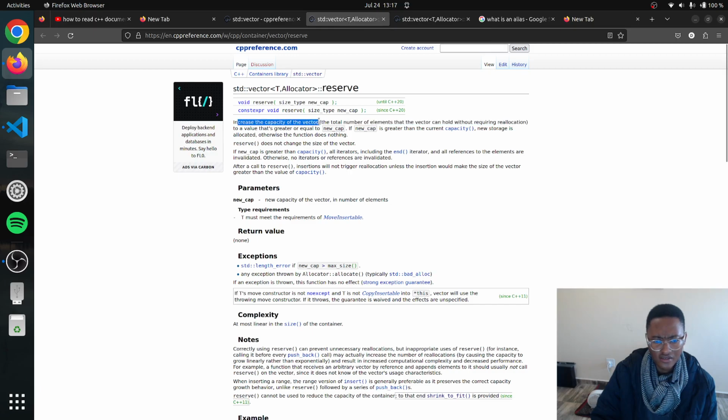Increase the capacity of the vector to a value that's greater or equal to the new cap. If new cap is greater than the current capacity,